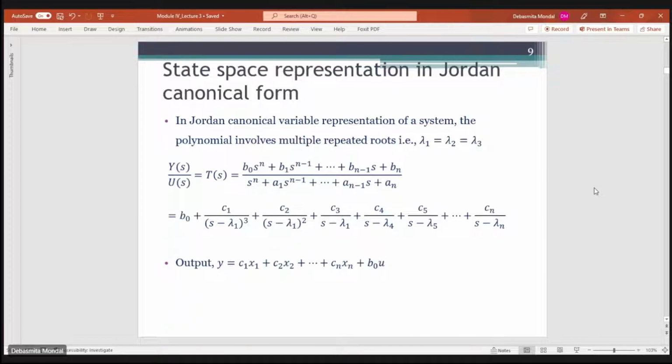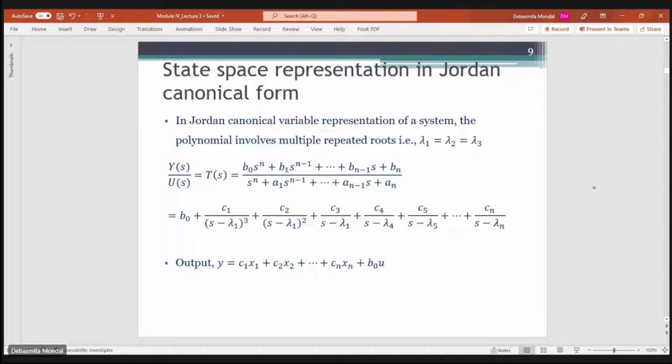But in case you have a system where you have repeated roots or repeated poles, let us say that at s equals lambda 1, you have 3 poles. So lambda 1 is equal to lambda 2 is equal to lambda 3. In that case, you can express this transfer function in a form which looks something like this. So you will have C1 by (s minus lambda 1) whole cube plus C2 by (s minus lambda 1) whole square, and so on and so forth. Similarly, you can write the output equation in this form. And once you have written the output equation as well as the state equation in this form,